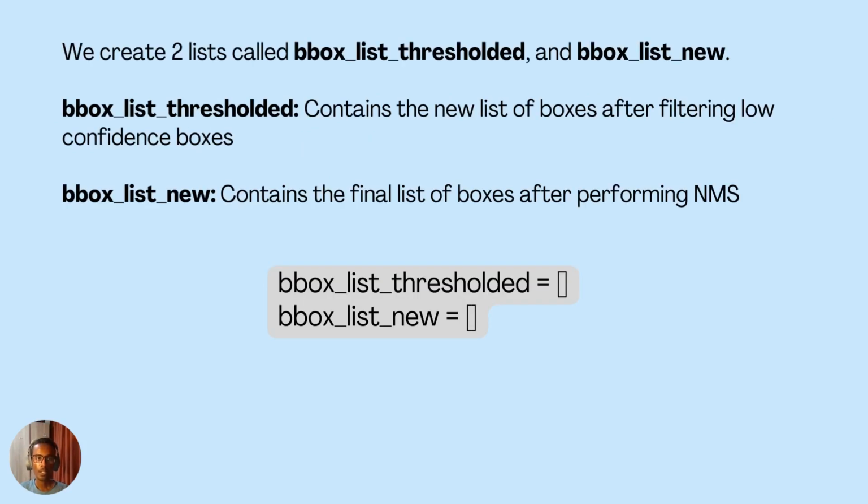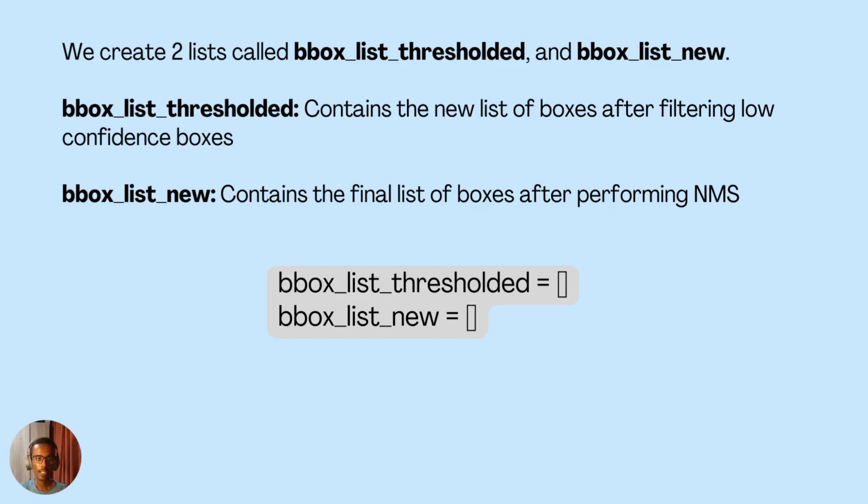Now we are inside the function. We create 2 lists called bbox list thresholded and bbox list new. And bbox list thresholded contains the new list of boxes after filtering low confidence boxes. So after using the cutoff point for the confidence threshold and removing the boxes that have a lower confidence than the cutoff point, we put all the values after filtering out all of the low confidence boxes and put them on